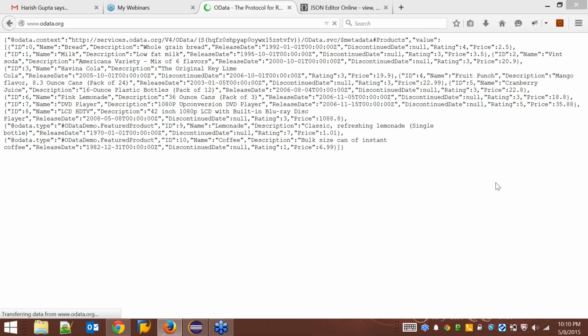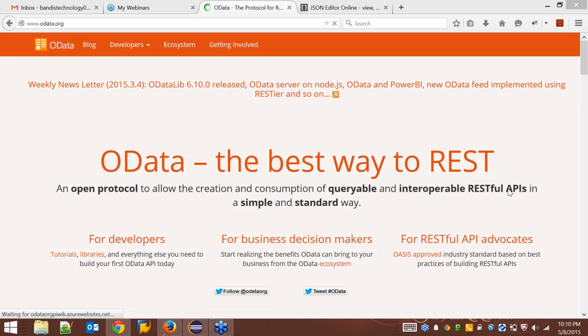So in this session, what I'm going to do is show you a simple application where I would be using a table UI element and a toolbar UI element. Then I will also show you how to consume a publicly available OData service and how to display them